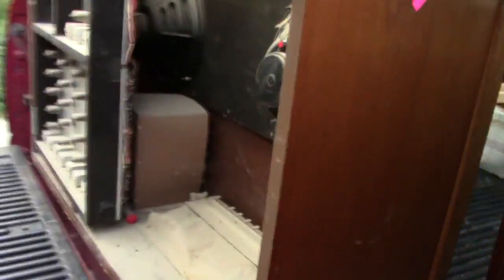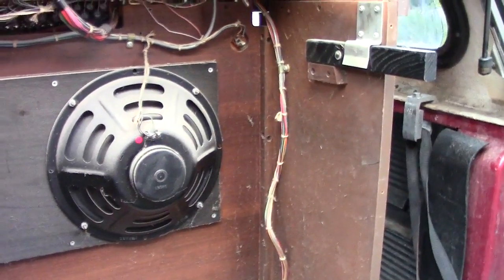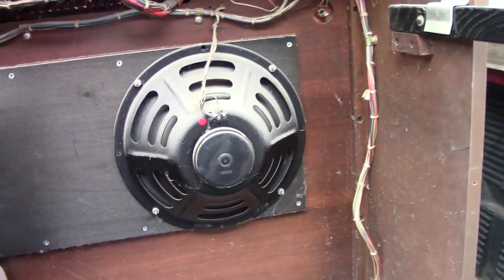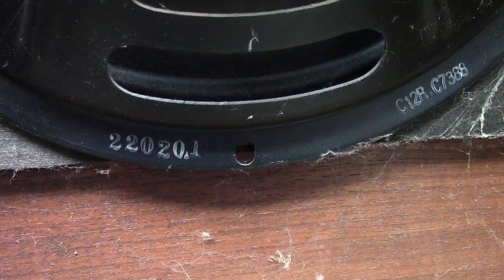All right, let's go back over and look at the Wurlitzer. I have the back off of it. Managed to move it around. First thing you want to see is that here's the woofers. They look like 12-inch woofers. Very small magnet. And down here is the part number. Let's see if I can read that. Can't see that really. Oh,